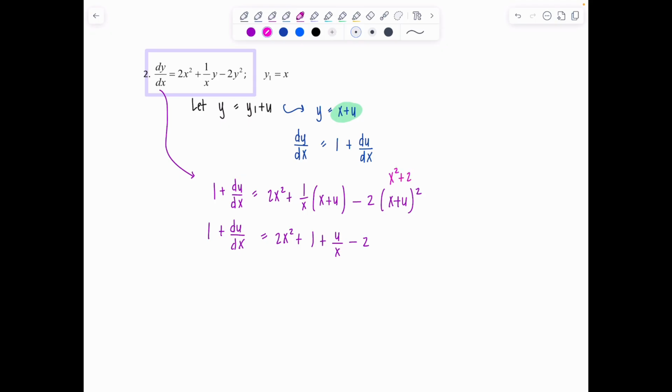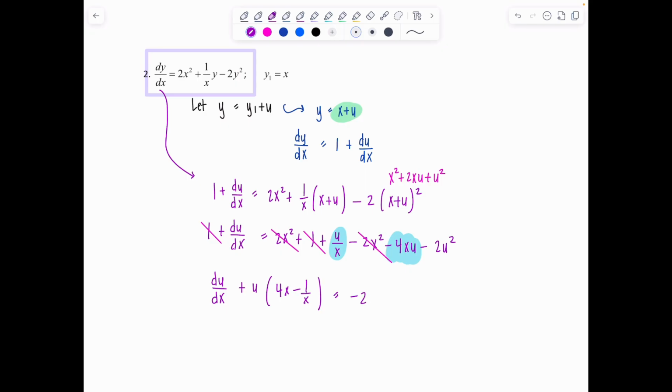This is x squared plus 2xu plus u squared, right? Okay, so minus 2x squared minus 4xu minus 2u squared. So who's going to cancel? 1 goes bye-bye. 2x squared as well. I believe that's it, right? Okay, all the terms that have u to the first need to go on the left. So we can write this as Bernoulli momentarily. So we've got du dx. Let's factor it out too while we're at it. We can handle it. Plus u times 4x minus 1 over x